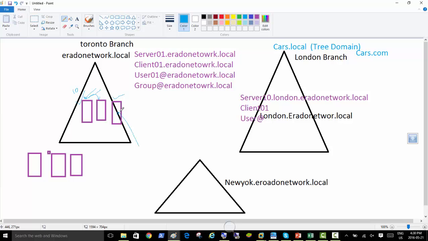By default it's 180 minutes, and when we do Active Directory Sites and Services, exactly, you're right, we can change it to 90 minutes. We can change it to 30 minutes, which is not a good idea. We have to see our network, but it can be easily customized. Yeah, you're right. So if we go to the diagram here,